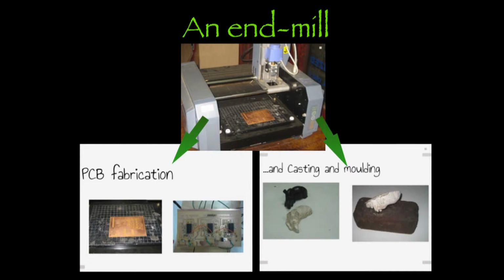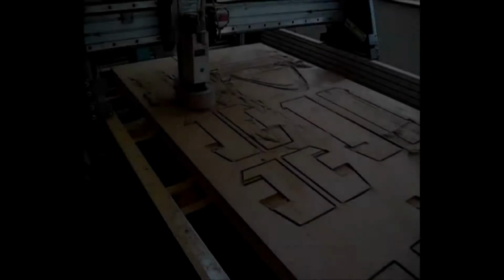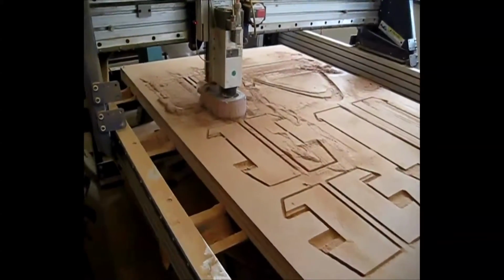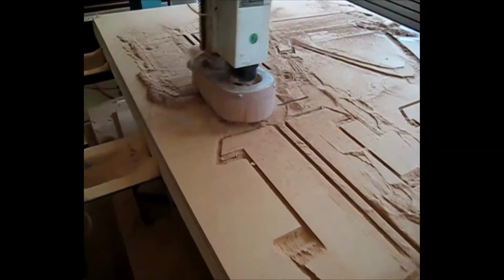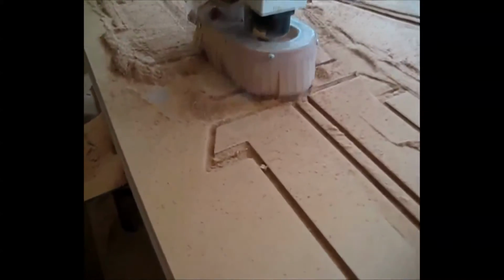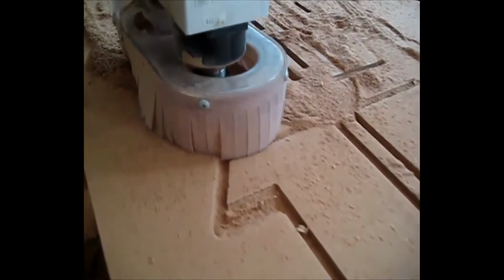We can also copy, like take a carving, this carving is of a rhino taken from the market, copy that and make another one out of soapstone, make a mold, and make many of them. We also have a laser cutter. The laser cutter allows us to cut materials such as acrylic. We can print on it. We have a shopbot, which is what you're looking at right now. The shopbot allows us to make molds through which we can make large objects like buildings and so on. So we can go from small objects to larger objects.